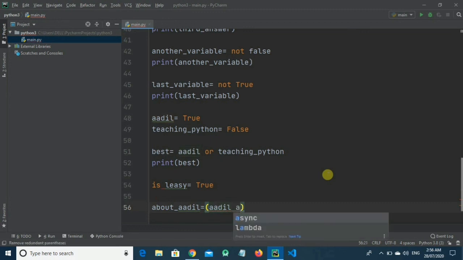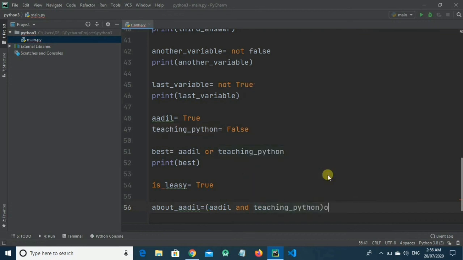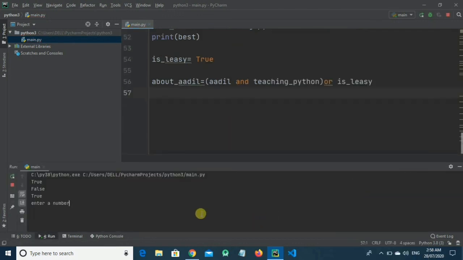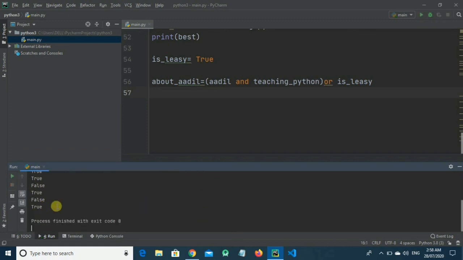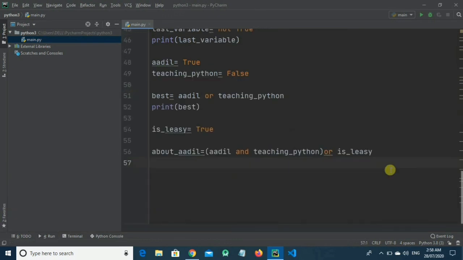So Adil can be teaching Python or he can be lazy. Let's print this and check for the results. Here you can see that the result is true because Adil is true and teaching Python is false, so it becomes false, or is lazy equals true, so false or true becomes true. So the output is true.